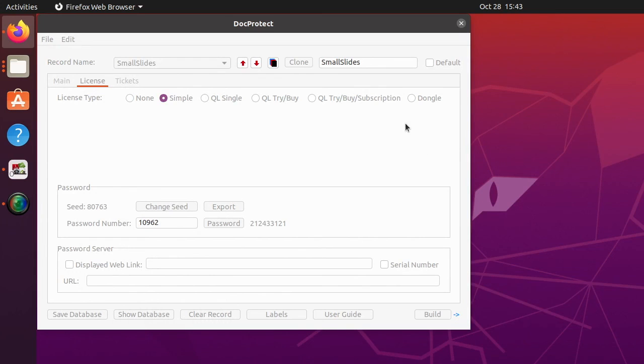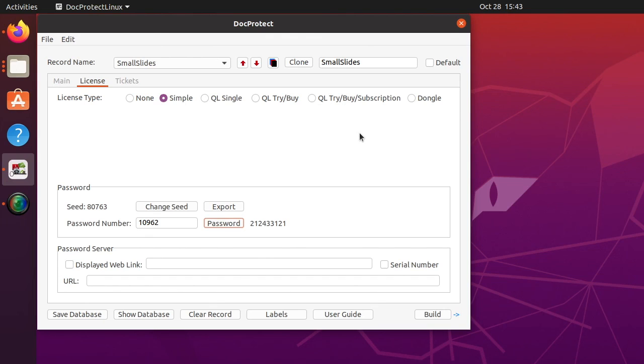There are other options as well. For example, you could choose to have a self-hosted activation server with desktop license server running on your own Linux or Windows website. These options in the middle, the QL single, try-by, and try-by subscription, these work with the more powerful Quick License desktop licensing tool, where you can configure all different types of licenses like time-limited trial licenses, perpetual product licenses, try-by licenses where they can try for a while and then click a button, go to your website, purchase the serial number, and then permanently activate the application, or subscription licenses where the user pays monthly or annual